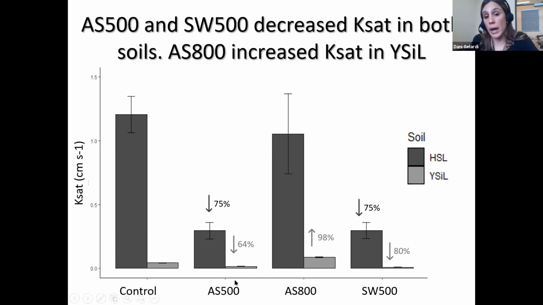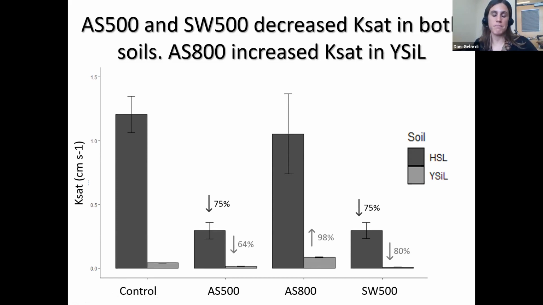The same two biochars also reduced hydraulic conductivity in a silt loam, which, depending on your agricultural systems, could be a benefit or it could not be. I know sometimes there's issues with waterlogging soils, especially around the spring when we're trying to get into our fields. So this is a sort of mixed result if you're slowing the movement of water through a soil that already